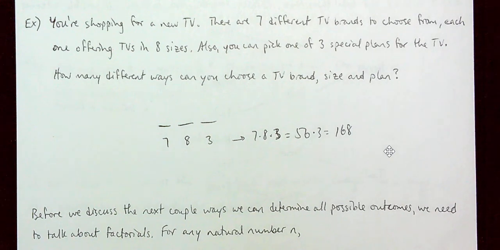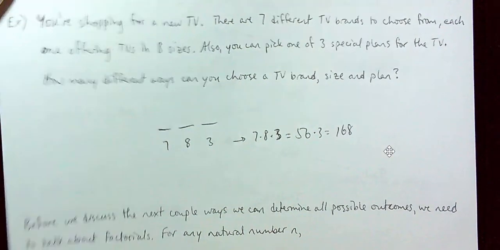So this is a pretty realistic sample question here. Anytime you go TV shopping, there are several different TV brands, and you have the varying sizes, and then when you go to pay for the TV, they offer the plans, and maybe you want to pick up some kind of plan. So this is a pretty realistic problem here, and this is why it can be so hard to find a new TV, because you have all these possibilities that you can choose from.